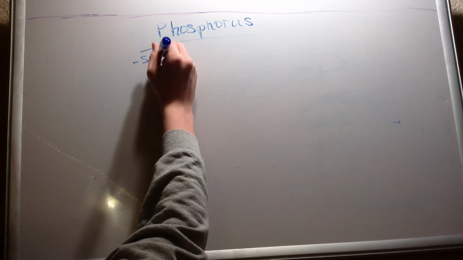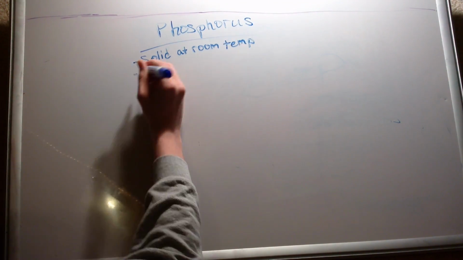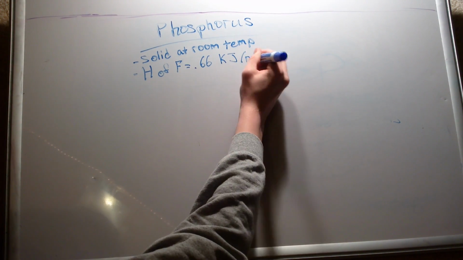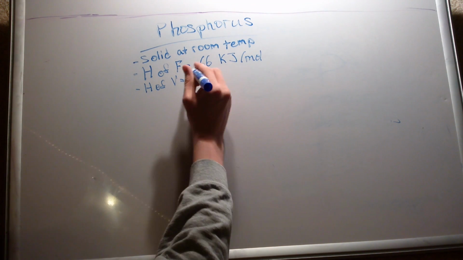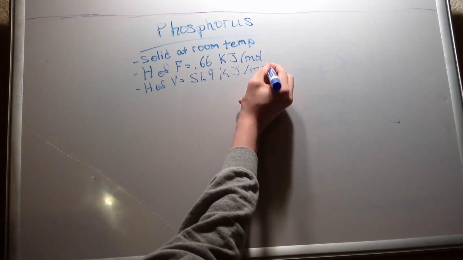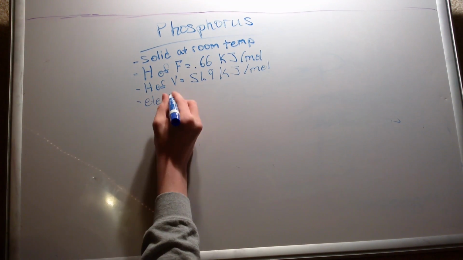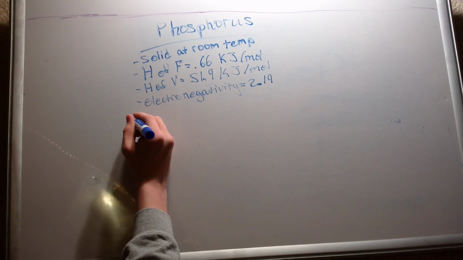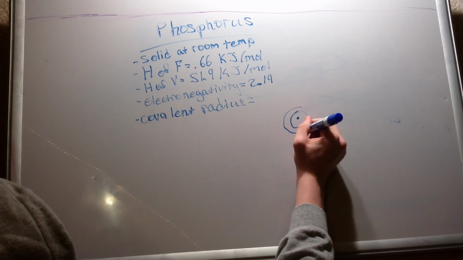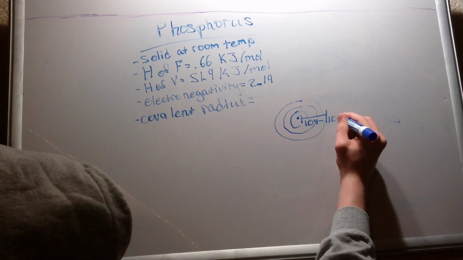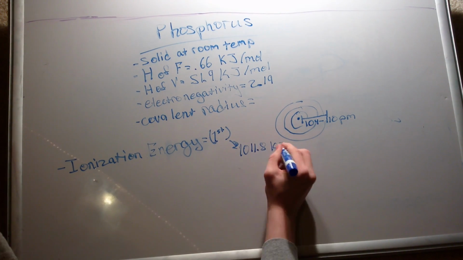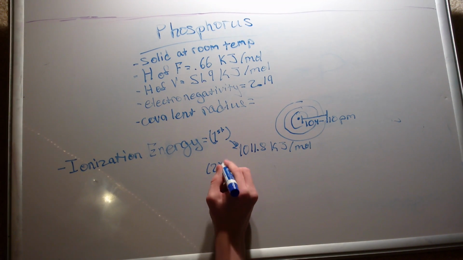It occurs in its natural state as a solid, much like many other metalloids. Its heat of fusion occurs at 0.66 kilojoules per mole, and heat of vaporization at 51.9 kilojoules per mole. The electronegativity of phosphorus is 2.19 based on the Pauling scale and it has a covalent radius of 104 to 110 picometers. Its first ionization energy is 1011.8 kilojoules per mole,